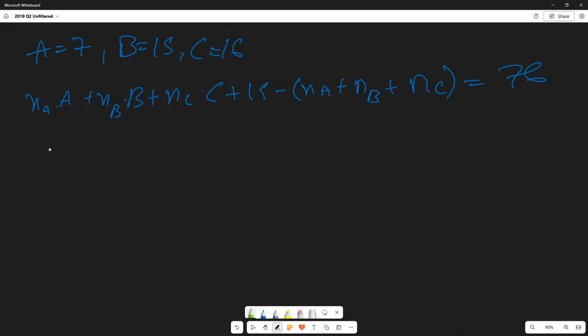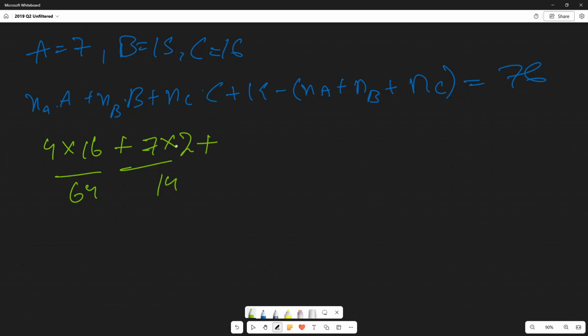So we can do 16 into what? 16 into 5 is 80. 80 minus 16 is 64, right? So 4 into 16 is 64. 64 plus 7 into 2 equals to 14. 64 plus 14 is